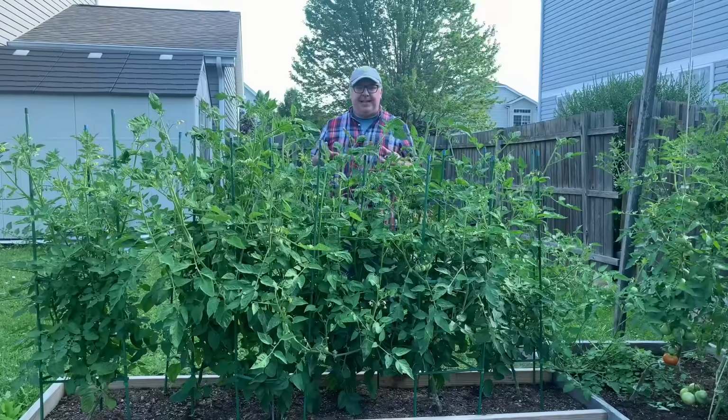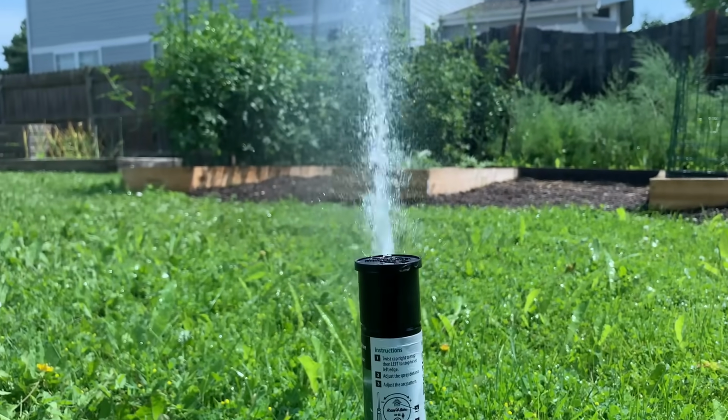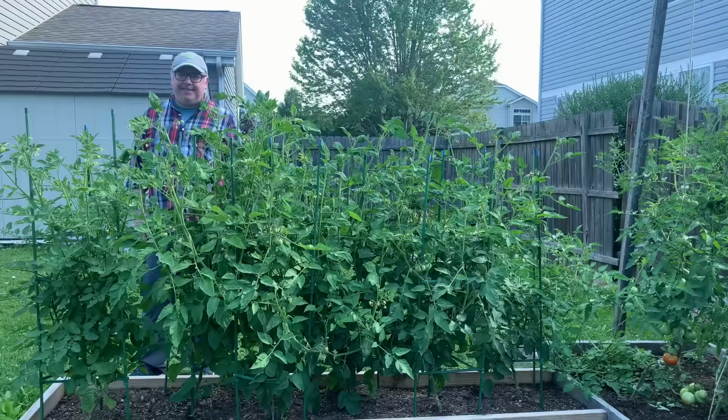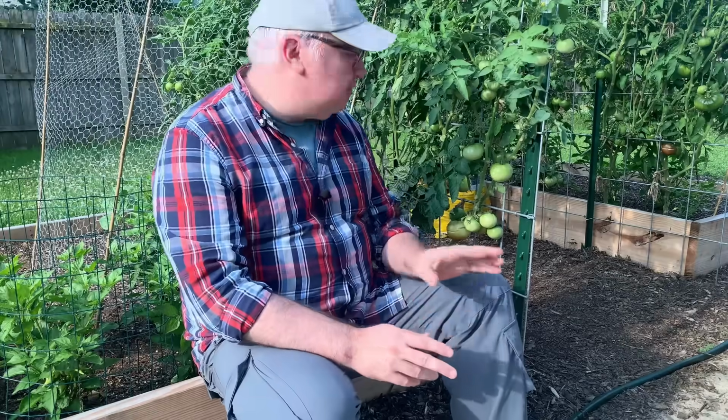Make sure you're consistent in watering your plants and not letting them get too thirsty between drinks. Inconsistent watering could cause your fruits to swell up too quickly and split the skin. Now again, this is purely cosmetic. Your cracked tomatoes are perfectly edible, but I would recommend that you pick them sooner rather than later, before they